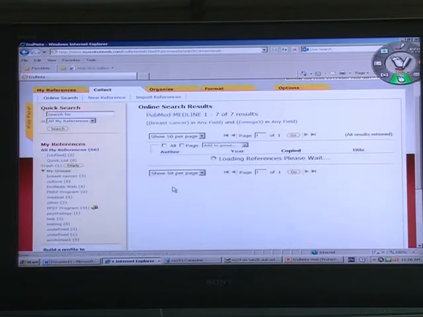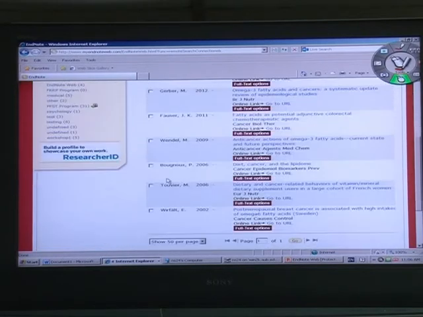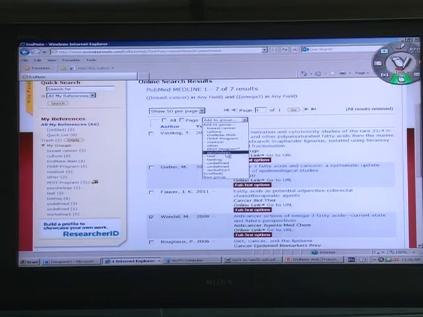I click on search, and I get a list of articles related to my topic. Let's see, I'm interested in this article on anti-cancer action of omega-3 fatty acid, and I want to add it into my EndNote Web. All I have to do is click on select the reference, go to the top of the screen, select my folder, which for today is the FRRP